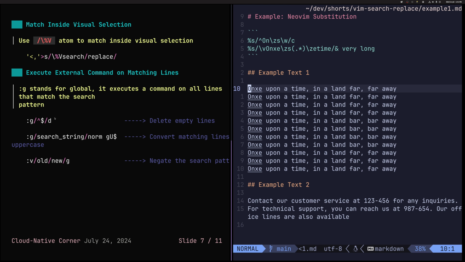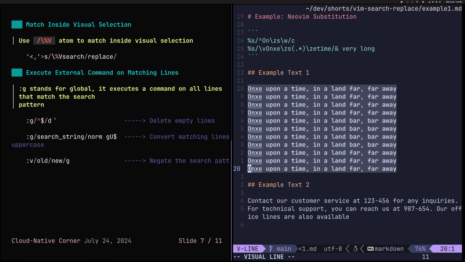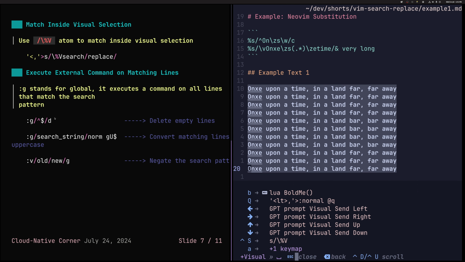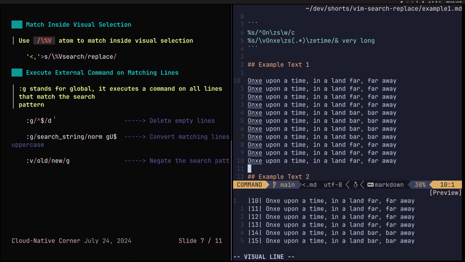So I'm gonna open the same file. And first of all, we want to replace something only in the selected text. So I'm doing VIP to visually select a paragraph. And the shortcut that I have for this command is space Control S. So it kind of drops me to the command line here, and you can see I have this % sign capital V, which allows me to replace only in this selection. Let's imagine that I want to replace a comma with a dot